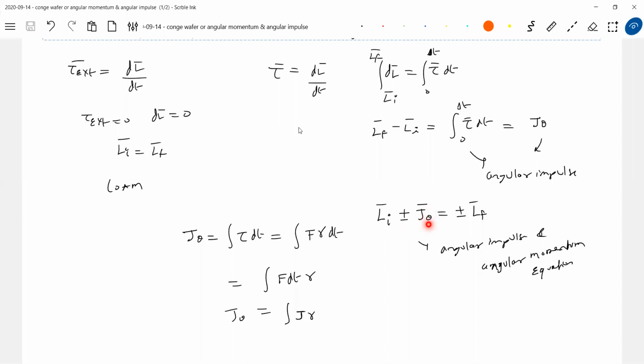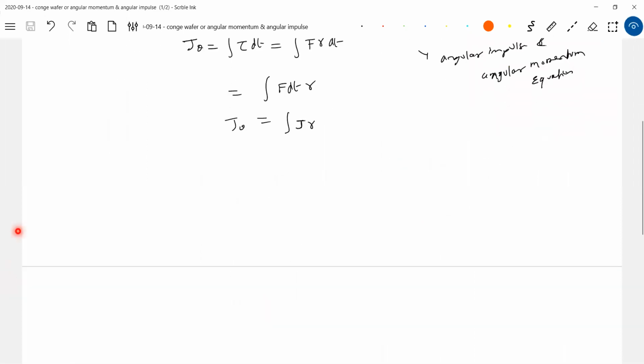Sir, how can you say that it is angular impulse, all that particular thing? Okay, we will take that in the numerical, or else I'll give a small idea based on things. So suppose we have a disk here. It is having angular velocity omega naught. Then what I do is I'll apply an impulse.